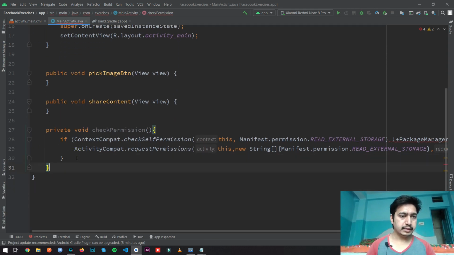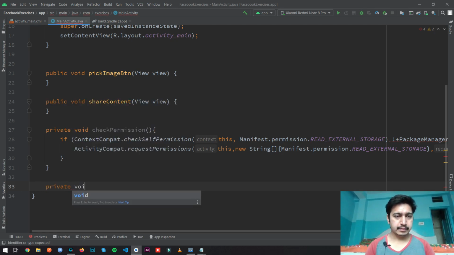And now we need to set up the code for picking an image. So type private void